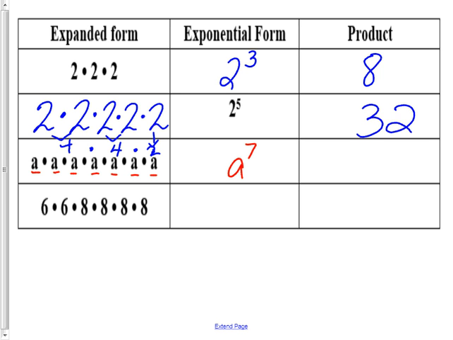This one's a little different. We can't actually find the product for this one unless we knew what A was. So for this one, the product depends on the value